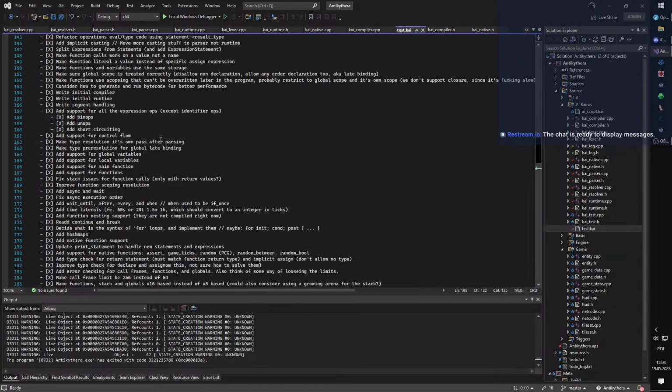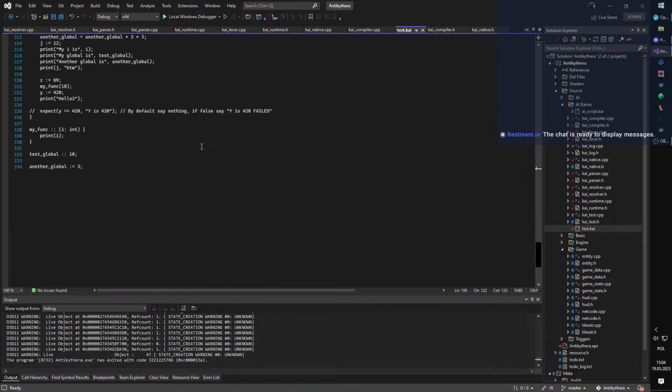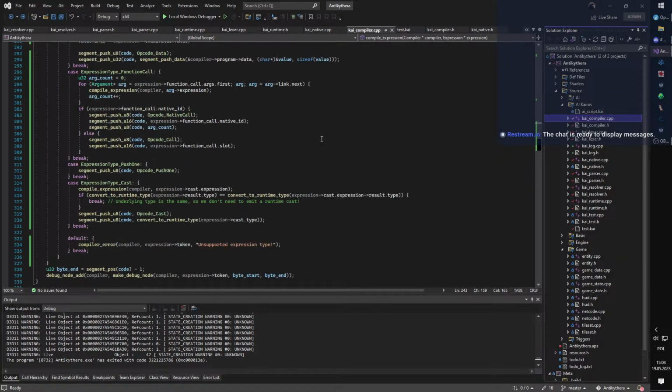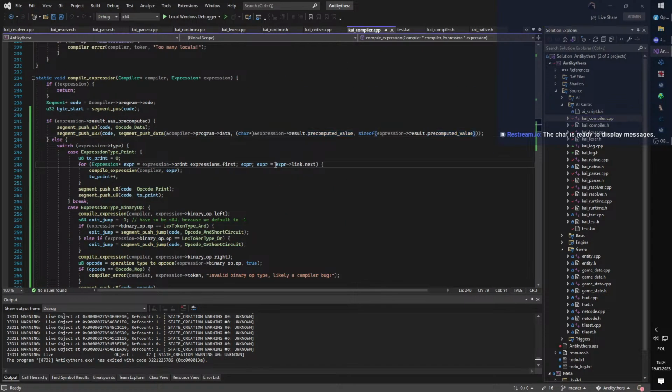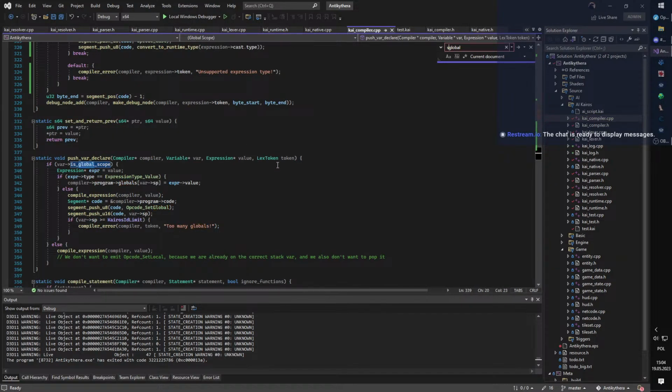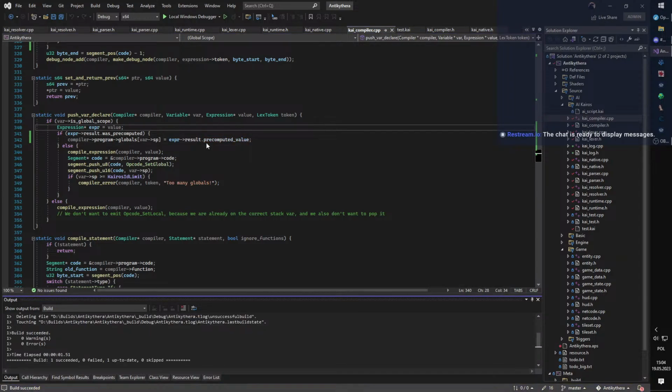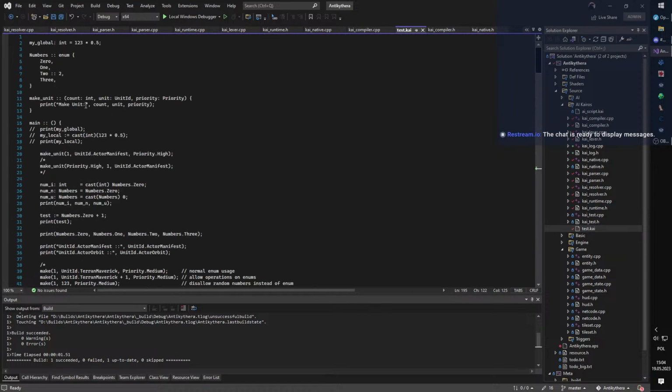So now if I say, this is actually great because this in compiler means even more nice stuff, and it means global. Set global, right? When we declare, we say this normally, but actually now we say result was pre-computed, and then we say expression result pre-computed value. Yeah, it's neat. That means that things that are trivially pre-computable. So if I say,